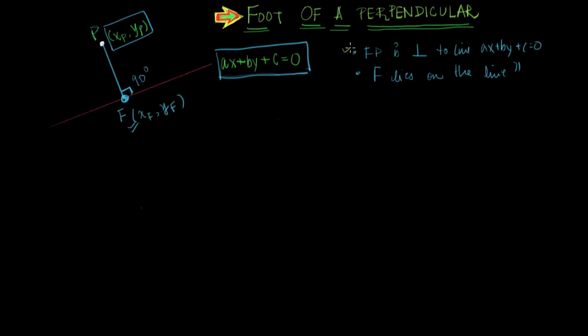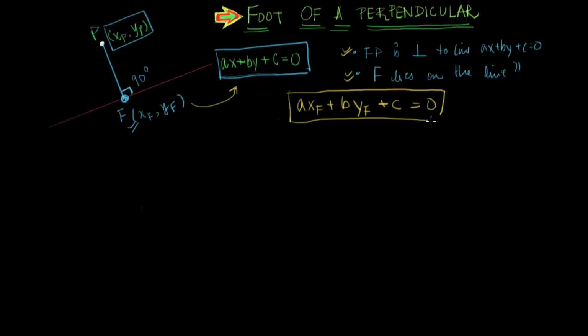So using these two characteristics I've mentioned before, the first thing we can write is that if I substitute this in the equation, then a x sub f plus b y sub f plus c must be equal to 0 because it lies on the line. So this is the first equation of the special point F, the foot of the perpendicular. So this is the first thing, and what I've used here is the second point. Let me note it like so. So this is the second point I've used, and let us write a mathematical relation that takes into account the